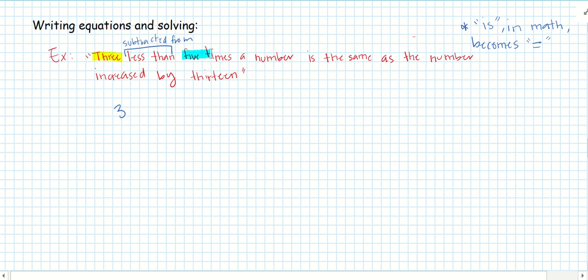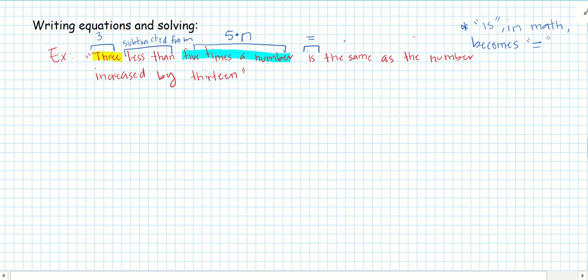So 5 times a number can be translated as 5 times, let's say, number n. A number means it's an unknown value, right? So let's say it's n. And then this is 3. So we have 3 subtracted from 5 times n,